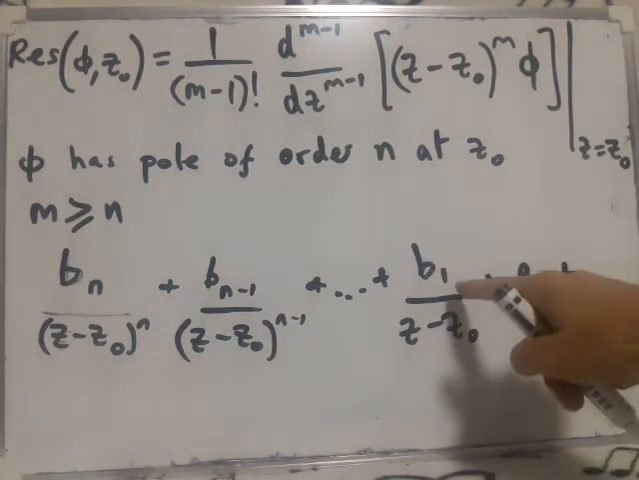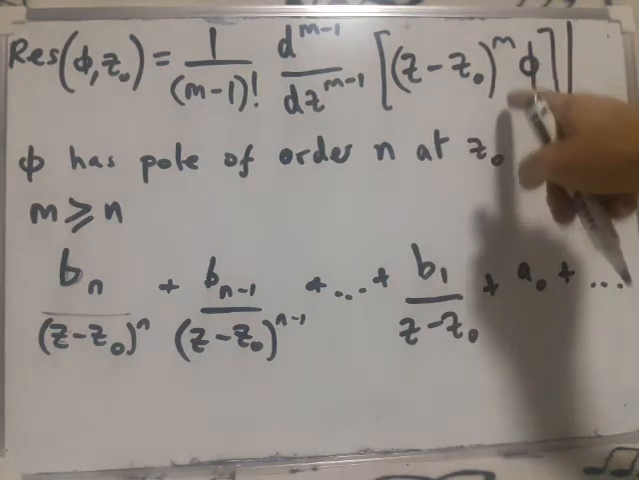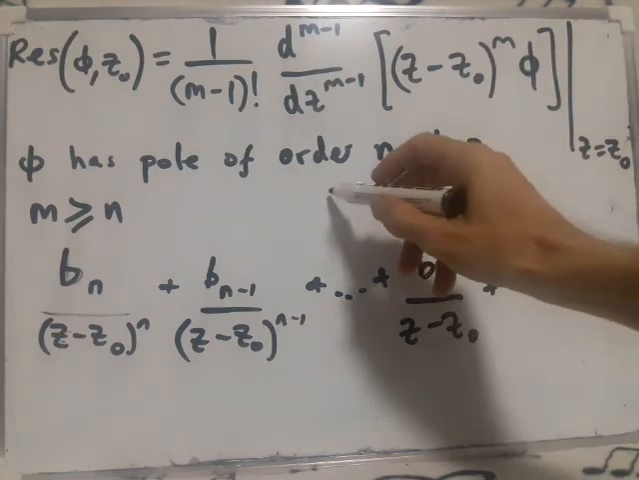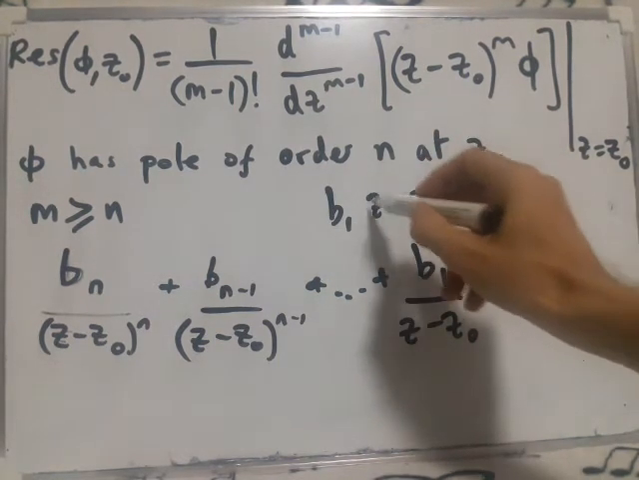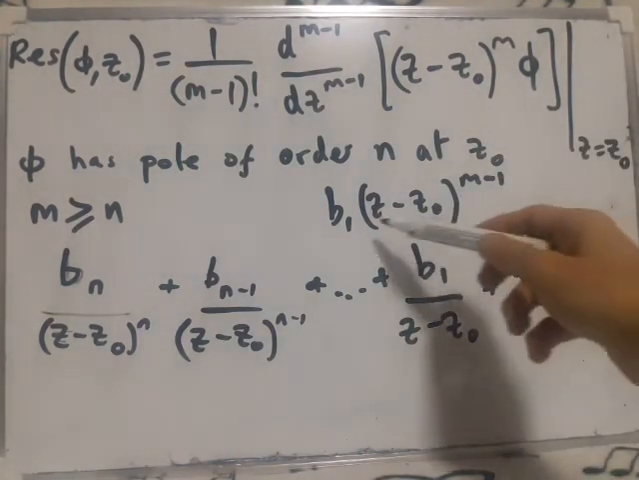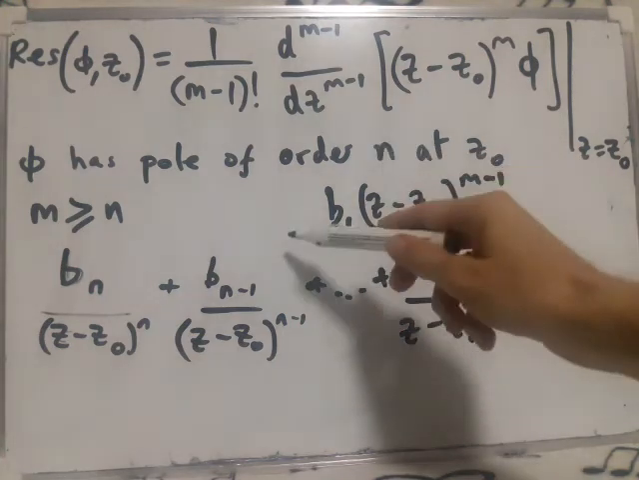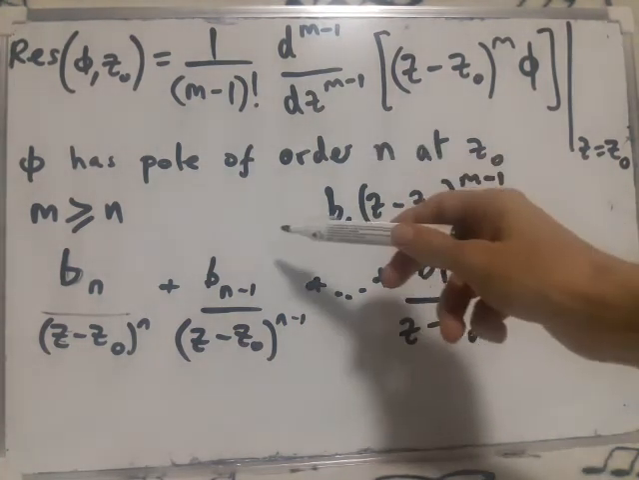If we multiply this term by (z minus z naught)^m, then we end up with b1 times (z minus z naught)^(m minus 1). Now if we differentiate this once, we'll get an m minus 1. If we differentiate again, we'll get an m minus 2. So we end up with